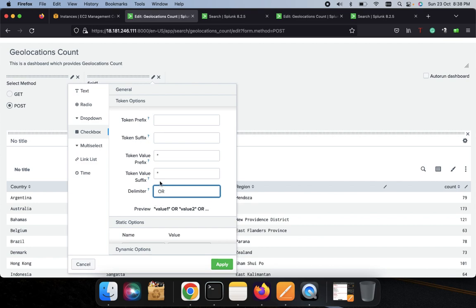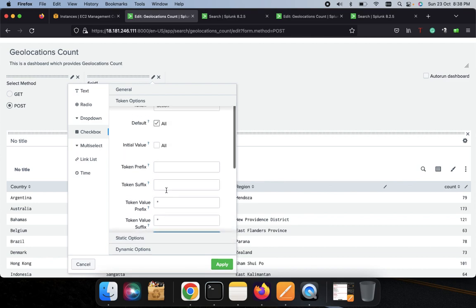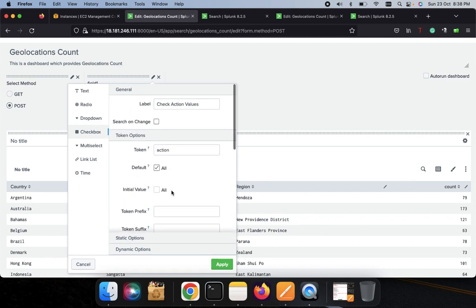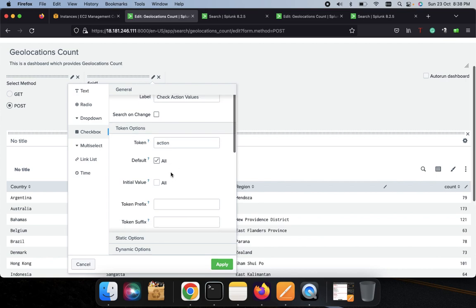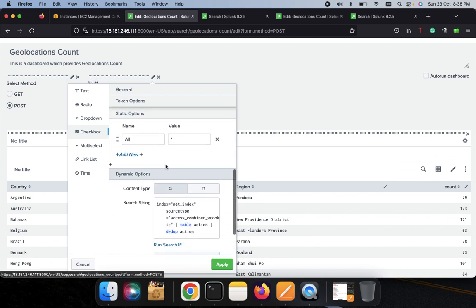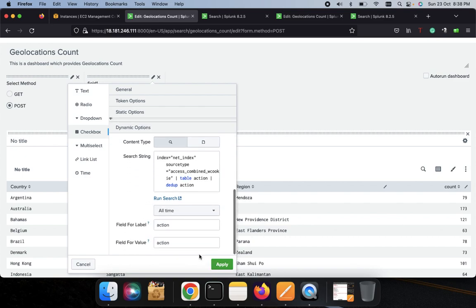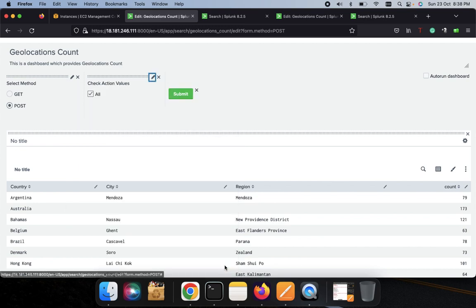So like this we have to give the token value prefix, the token value suffix, and the delimiter. Now we have given everything. We have given the label, we have given a token, we have selected the default value all, because we have specified it over here in the static options. And of course for the actual values we have given dynamic options by using the SQL query. Now it is looking good. For the field for label we have given action, and field for value also we have given action. So now if I apply this one,